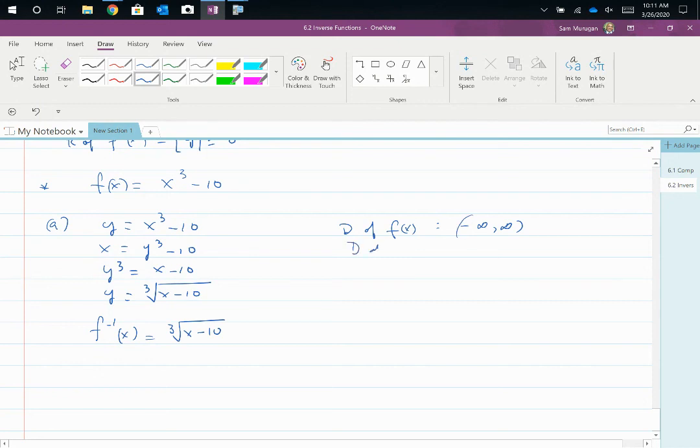The range of f of x is negative to positive infinity. Therefore, the domain of f inverse is negative to positive infinity, and the range of f inverse is